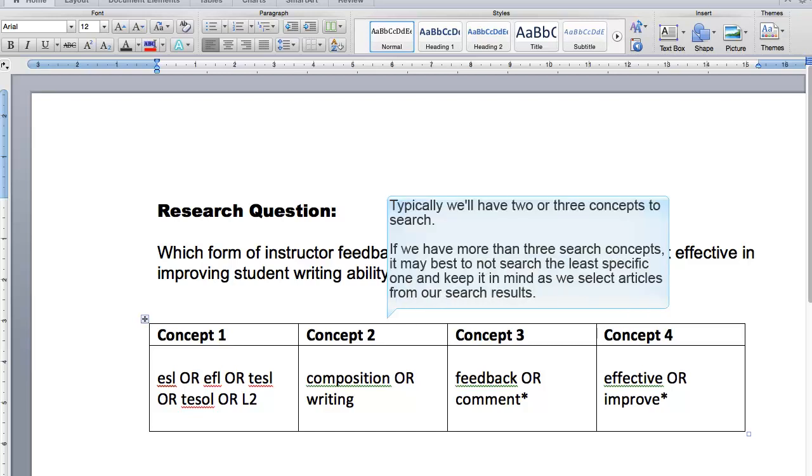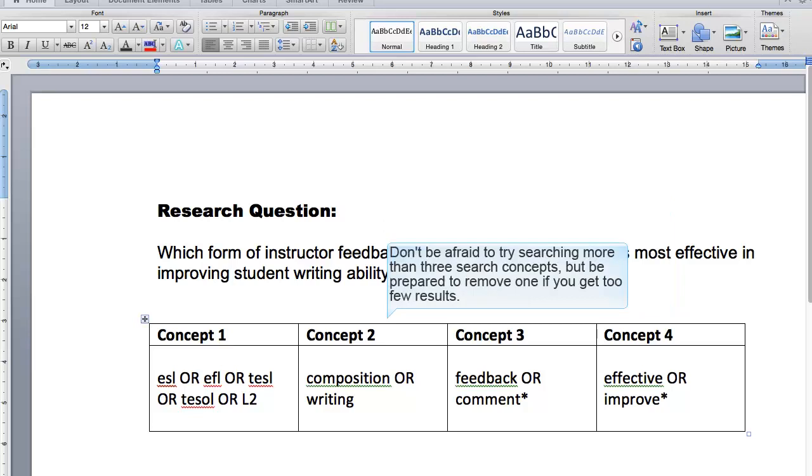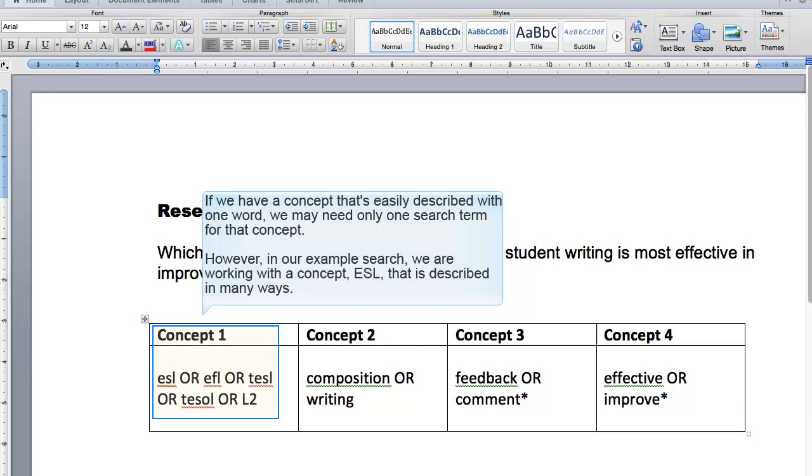Typically, we'll have 2 or 3 concepts to search. If we have more than 3 concepts, it may be best not to search the least specific one, and keep it in mind as we select the articles from our search results. Don't be afraid to try searching more than 3 search concepts, but be prepared to remove one if you get too few results. If we have a concept that's easily described with one word, we may need only one search